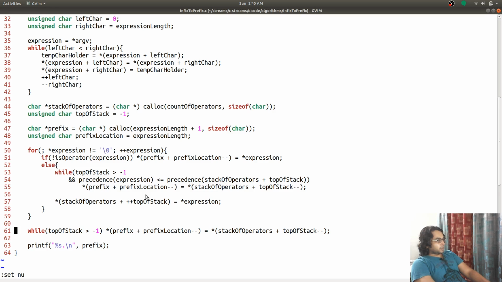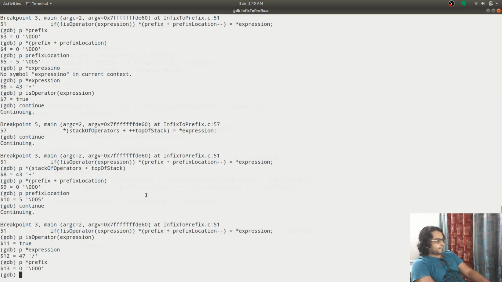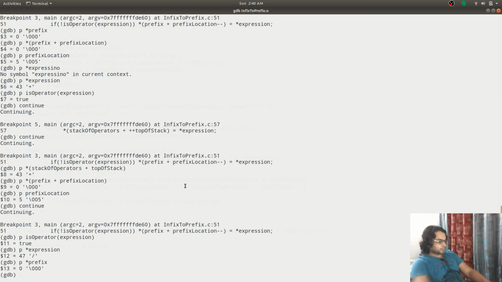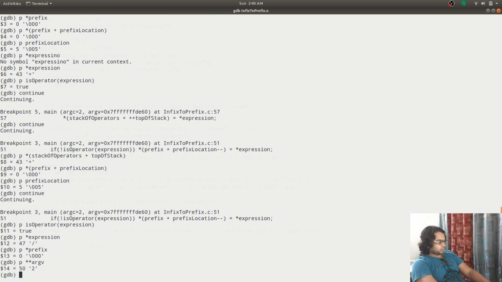This has a null value, prefix has a null value in it. Division positive, and two. Okay.